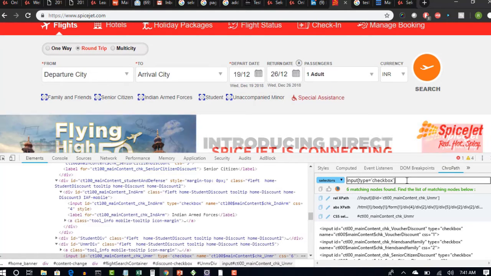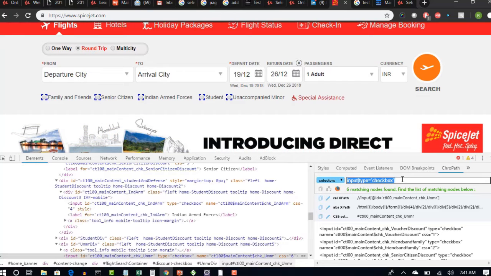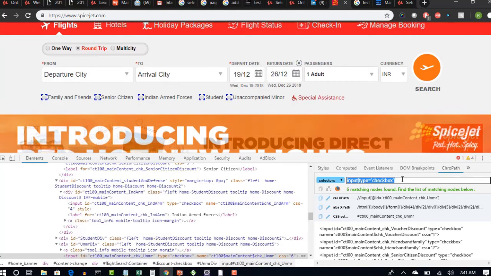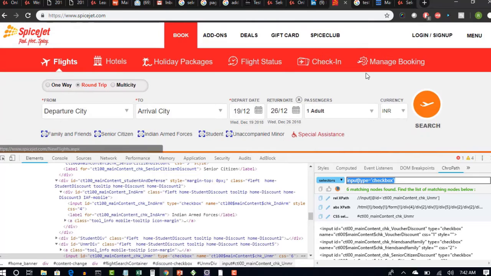And this CSS is also applicable to those two. And when you hit enter now, you will get 8 matching nodes found. So that means 8 checkboxes are present in the page. So that's the logic. If someone asks you to get the count, this is how you have to approach.